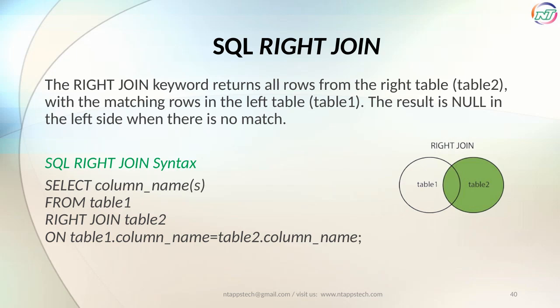The syntax involves selecting columns and specifying the right join between the two tables, using the on clause to match the columns. The Venn diagram here shows the full right circle highlighted, which represents all rows from the right table